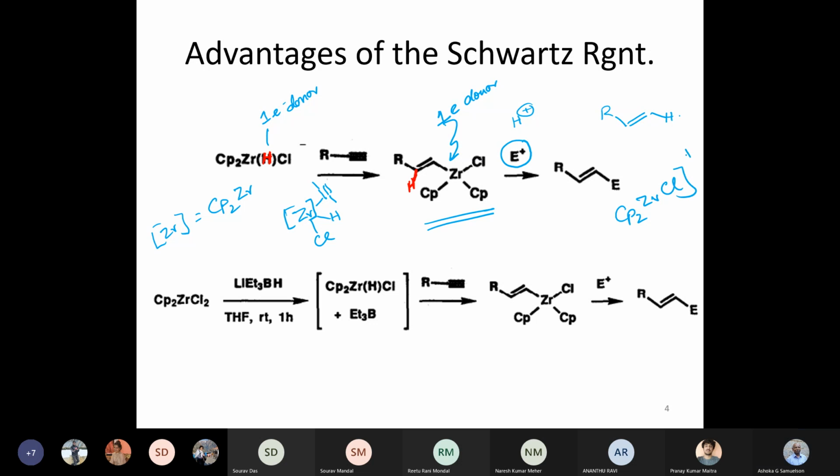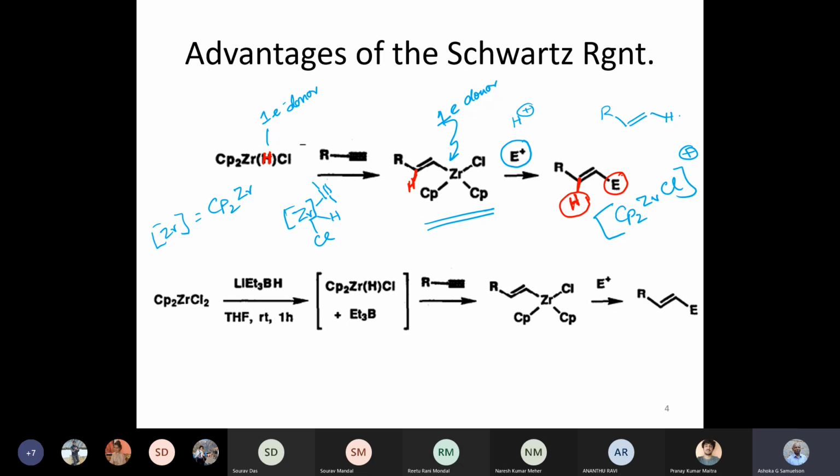ZrCl plus. So the incoming hydrogen, the blue hydrogen, would actually be the E. I think this is very clear because it's already an E. Let me mark only the hydrogen. That should be clear. So the end result is the addition of H and E in a cis fashion to